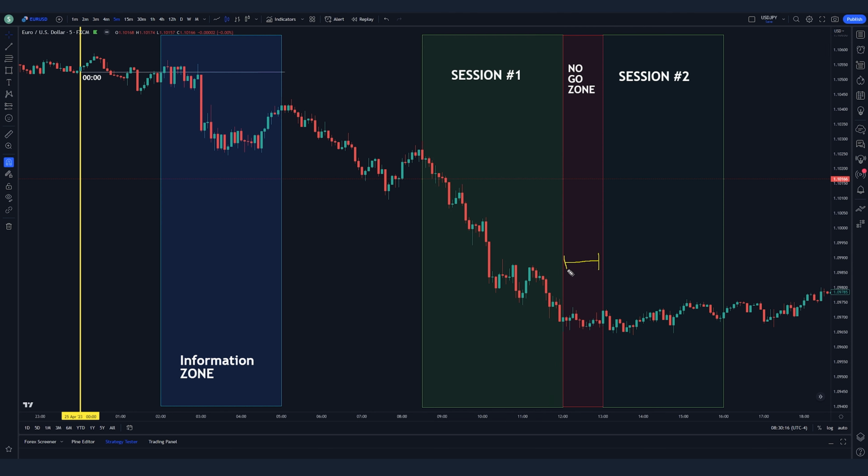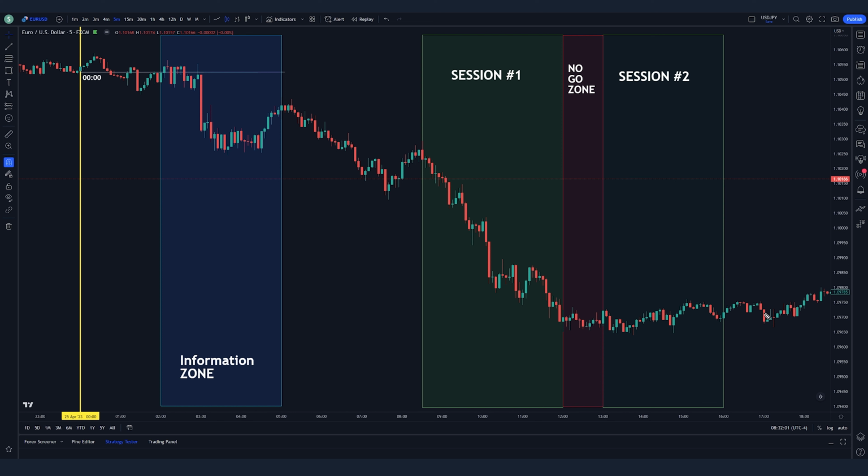Between 12 and 13, as I said, it's a no-go zone. We have again algorithm driven markets which are unpredictable, and the wisest thing is to stay out of the markets. Then from 13 to 16, it's your session number 2, and usually you will use this session if you haven't traded yet or if the market has not made the move yet but you are expecting a move to happen. In most days this will be your chill zone, usually with smaller moves and absence of too much noise, except of course the days where you have big news around those hours.